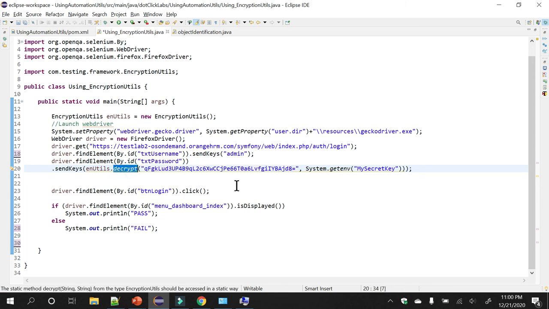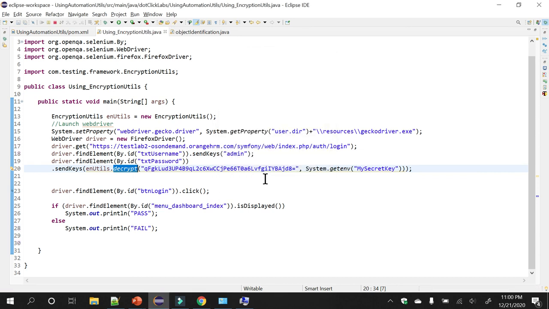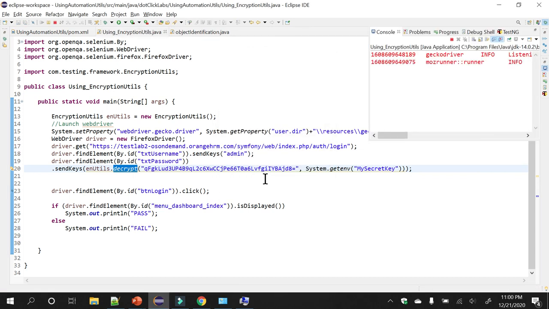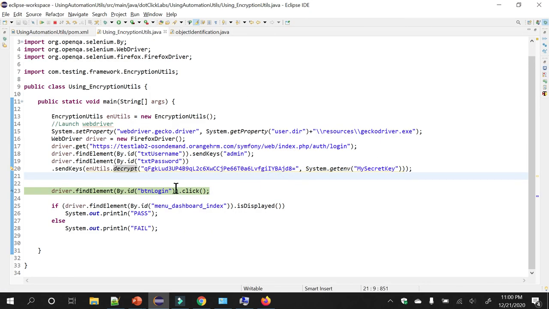Okay, so now if you run it, let me run it in debug mode. Save it first. Okay, enter, and the password is typed.